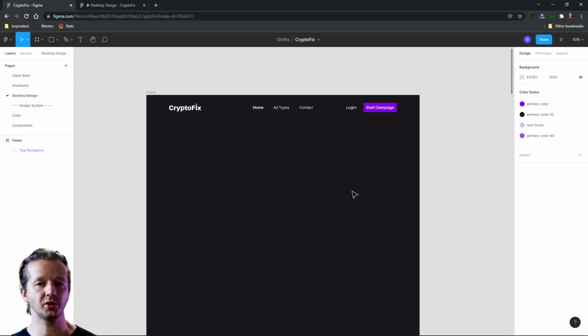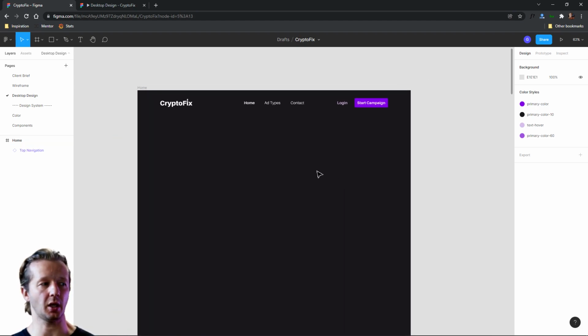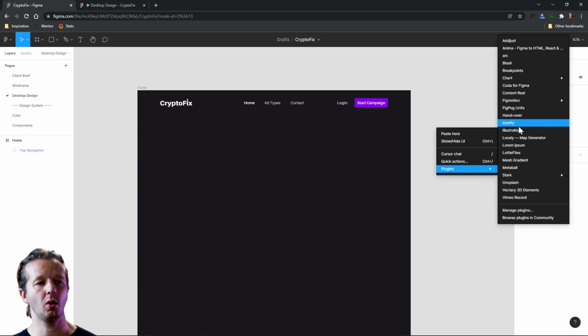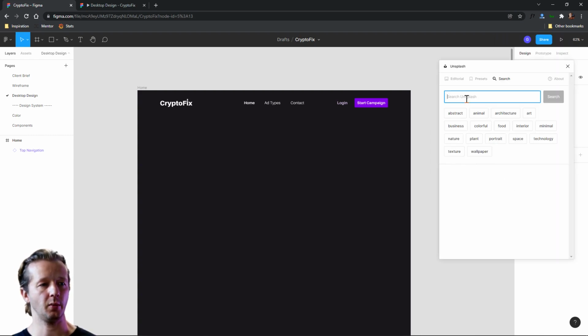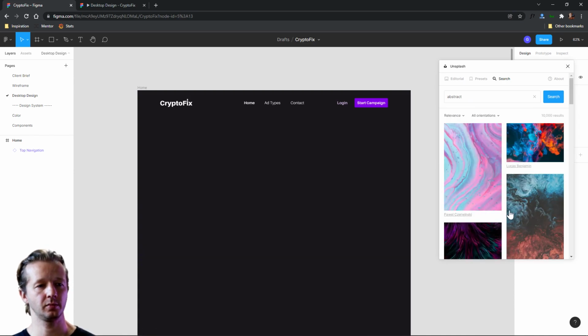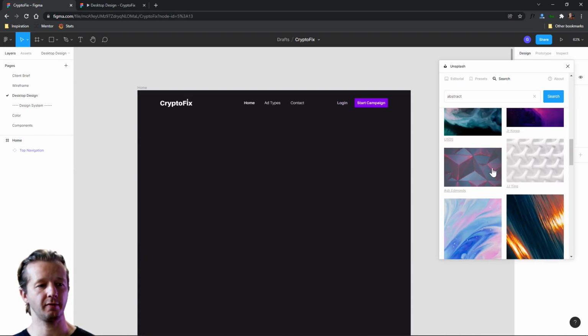So the route I'm going to take, because this is a blockchain/cryptocurrency sort of app, is we're going to choose an image from Unsplash that has to do with polygons and blocks. So it's kind of like a literal, vague depiction of the idea behind a blockchain. So what we'll do is go to Unsplash, and we're going to search for abstract,